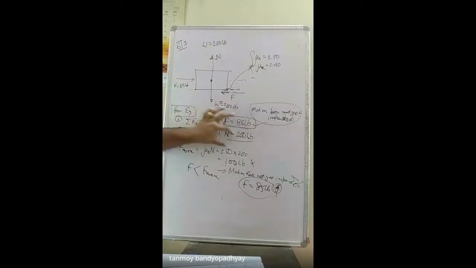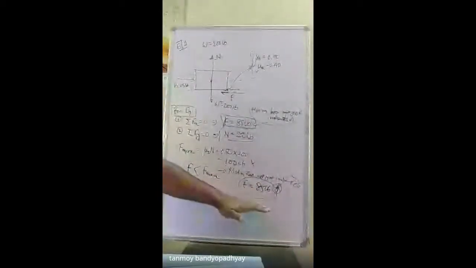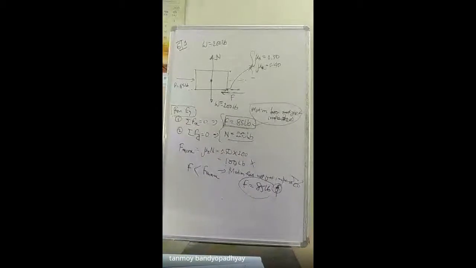The normal reaction N will remain constant throughout, because it just depends on the weight of the body in this case. So F max is a constant value based on mu s and N, which is 100 pounds. We just need to check whether this value has been exceeded or not. Since in this case it hasn't been exceeded, motion has not started, and the frictional value is still increasing from 85 pounds, and is at 85 pounds itself. So the frictional force will be 85 pounds and not the F max value. You got it?